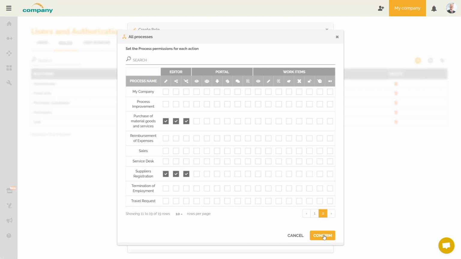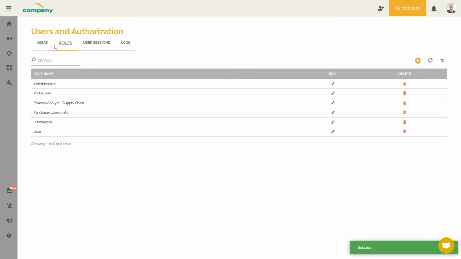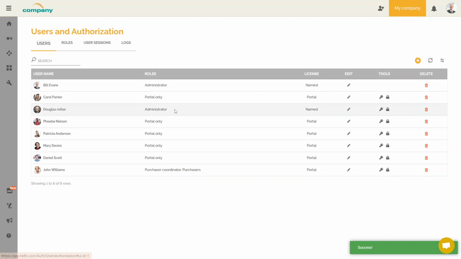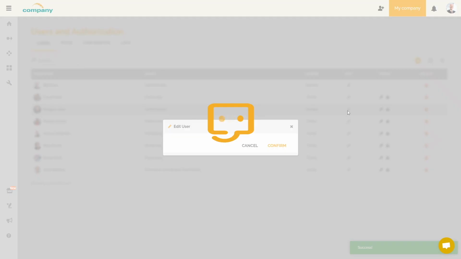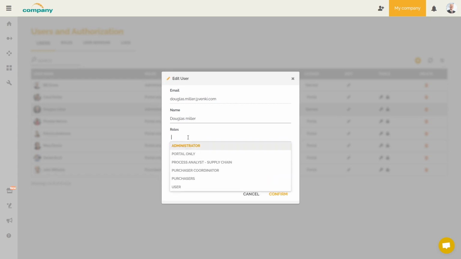We confirm the creation of this role. We will now associate this role with Douglas Miller. We no longer want him to be an administrator. We want to give him the Process Analyst, Supply Chain role.